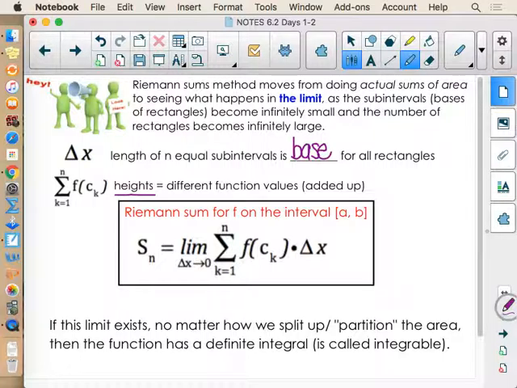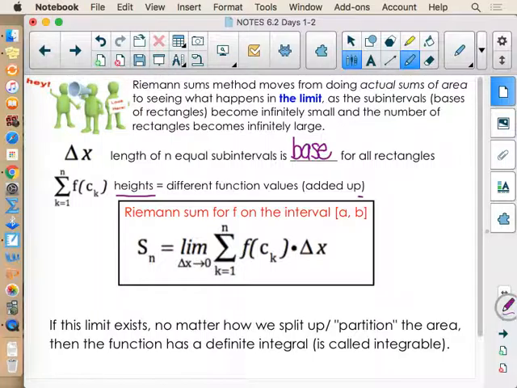And we have often put them in, if our intervals are the same size, we then have often put the interval width out front multiplied by all of those heights added up, to shortcut having to write out the base times the height for each one of the rectangles that we've been doing. If the rectangle base sizes are different sizes, then you'd need to multiply separately the base times the height for